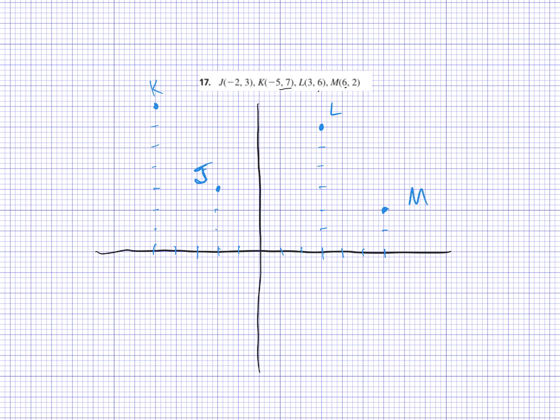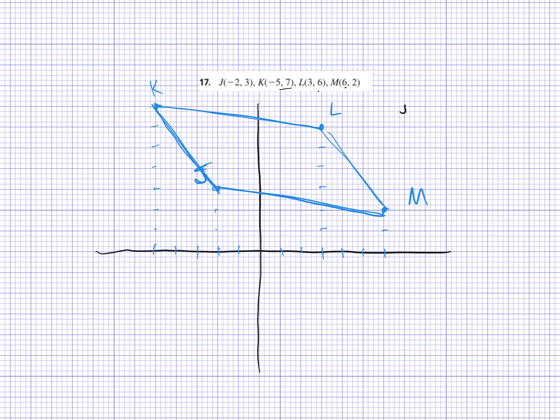So JK, we've got to connect them in order. J to K. K to L. Notice they're not vertical or horizontal, so now we're going to have to do some work. All right, so now you get to pick and choose what you want to do. I would just use the parallelogram theorem about opposite sides being parallel. So by definition of a parallelogram, opposite sides are parallel. You have to have both pairs. So let's do the slope